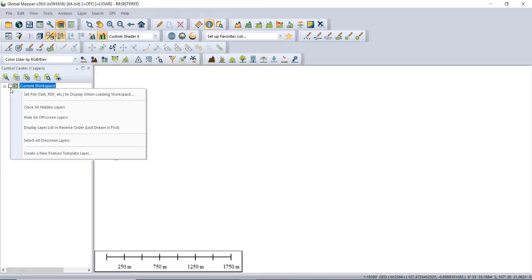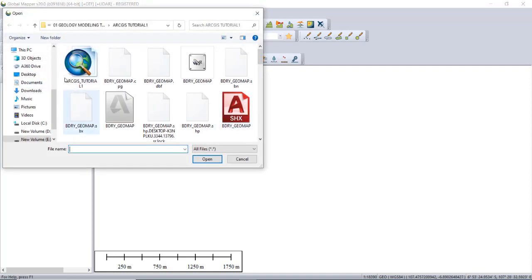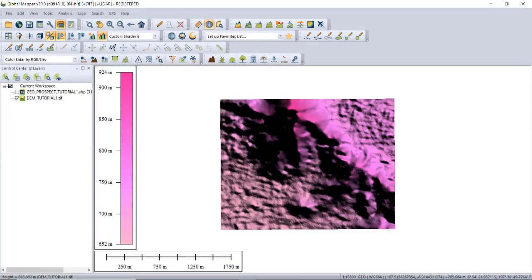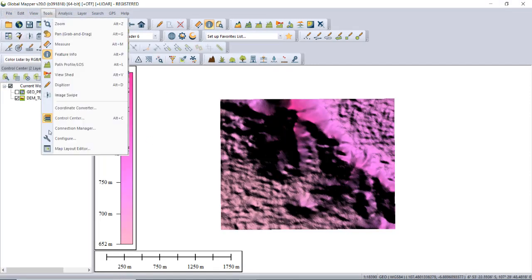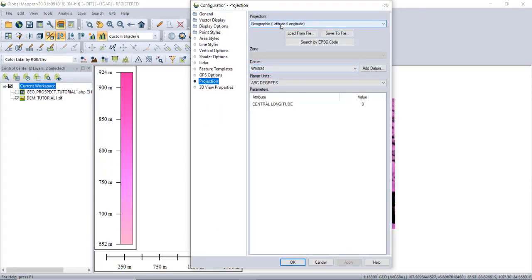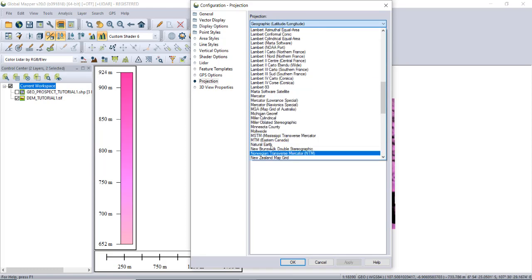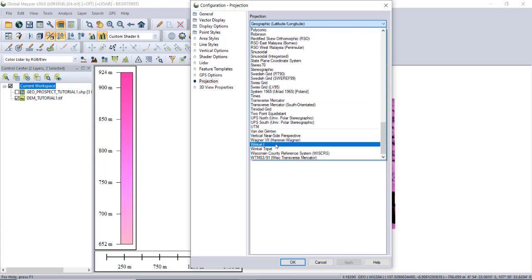After that we open the DTM. Okay, this data and export must be checked first for projection. Okay, I'm wrong, this one must be UTM in meters.